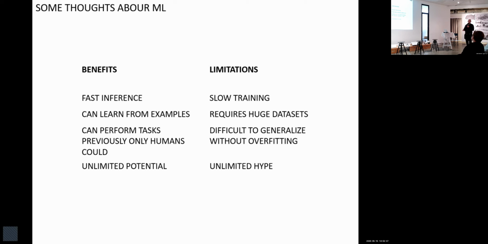It can perform tasks that previously only humans or very strong computers could do, but it tends to overfit. You feed it data, so it learns to do something on that data. And if you try to do something else, which a human could do, and sometimes a heuristic model like a simulation could do, the machine learning model is not necessarily well adapted to that. And of course, there is the potential versus hype.